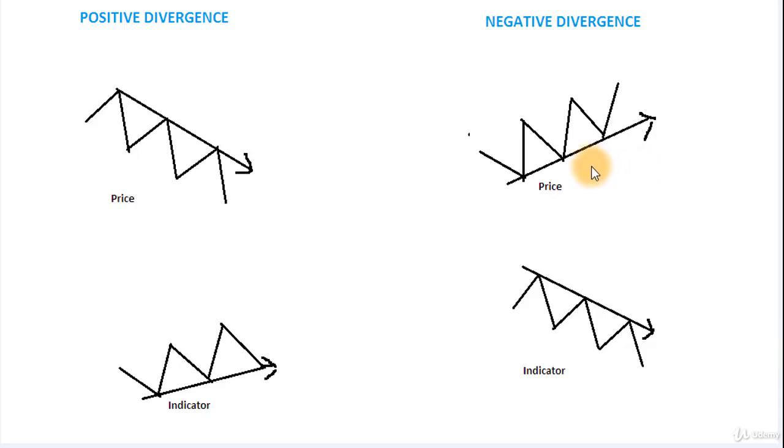In an uptrend, if price makes a new high, but the indicator fails to do so, then it is a bearish divergence or negative divergence. And in a downtrend, if price makes a new low, but the indicator that we use doesn't go downside and goes upside, a bullish divergence or positive divergence is seen. We can combine divergence with RSI to get better results.